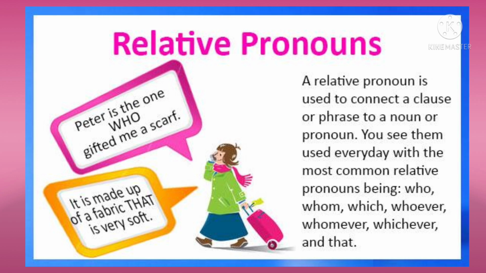Pronouns that relate a word or group of words, that is a phrase. A relative pronoun is used to connect a clause or phrase, a phrase being nothing else but a group of words, to a noun or pronoun in a sentence. See, a very simple example: The book that you gave me is not the correct one. Here I have connected the book with the other part of the sentence with one word, that is, that. That is a relative pronoun here.